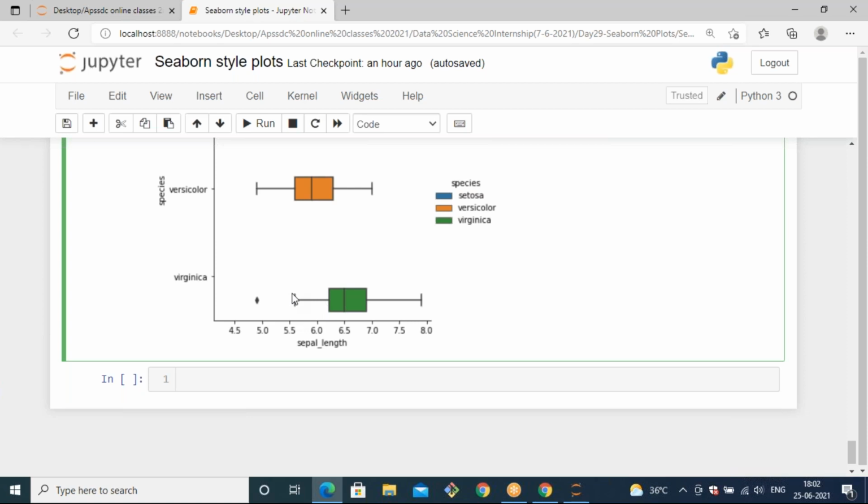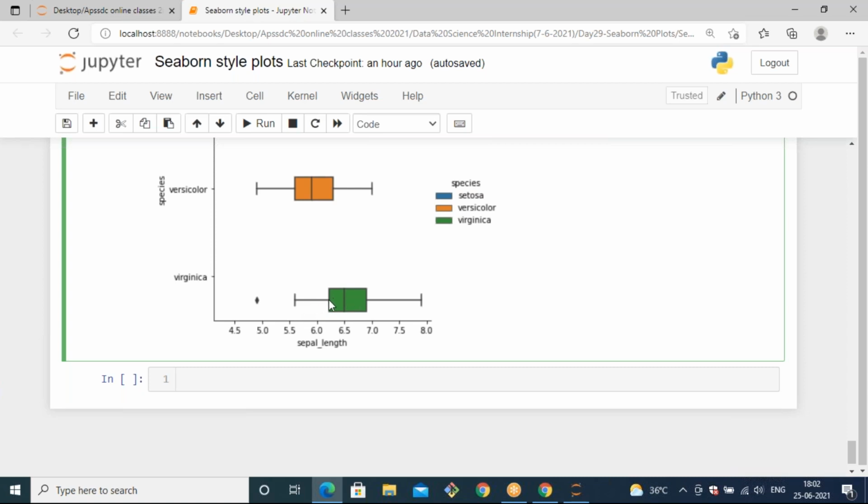And here you can also observe the IQR1, IQR2 and IQR3. The starting line over here, this line can be called... sorry, it's not called IQR1. It is the minimum value. So it is the minimum value of virginica. This line will point out the minimum value, so this can be called 25% of data or the minimum value out of it.